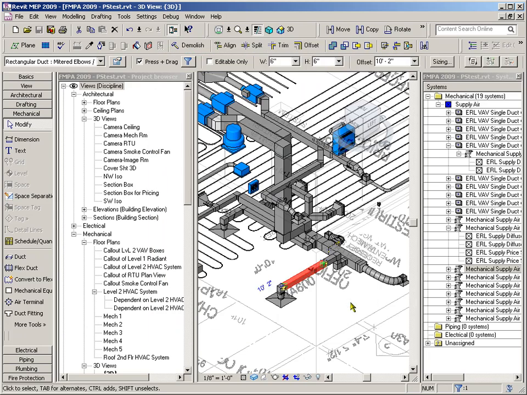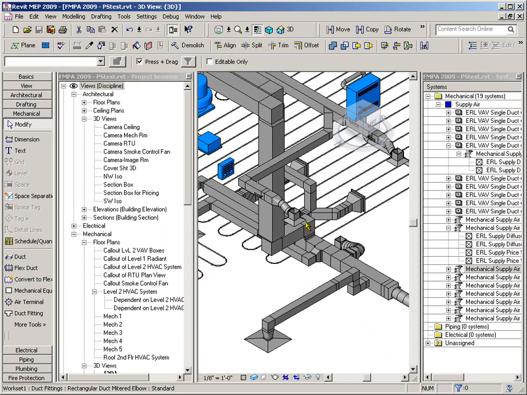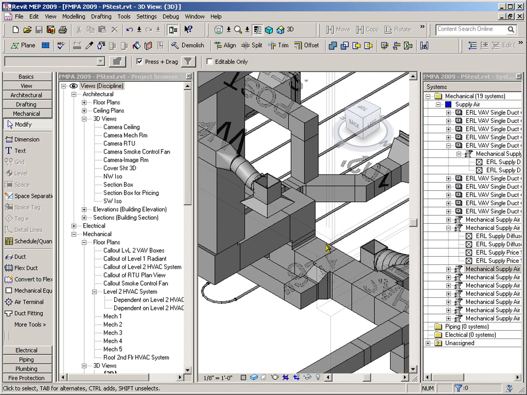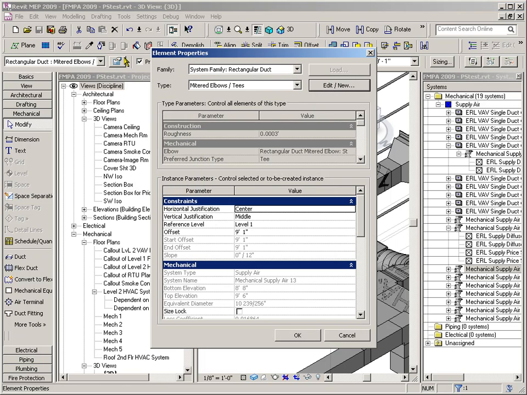So we can kind of trace back, see how far we can make it through the ductwork before it becomes default supplier. So Mechanical Supplier 13 here